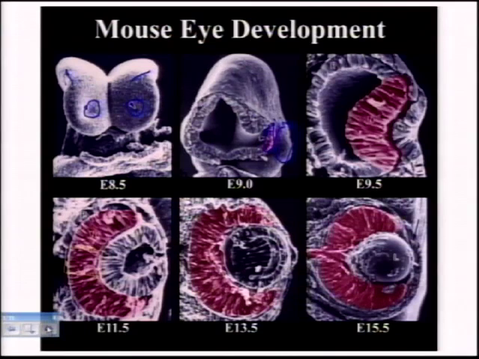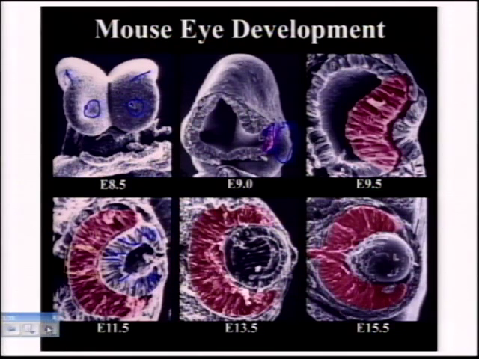And at E11.5, you can now see that extensive morphology and differentiation has occurred. The neural retina has formed, and you can see the lens fibers, the cells of the retina, these stromal and epithelial cells forming the lens. And as you go through time, further differentiation occurs, and you're left with the mature retina.